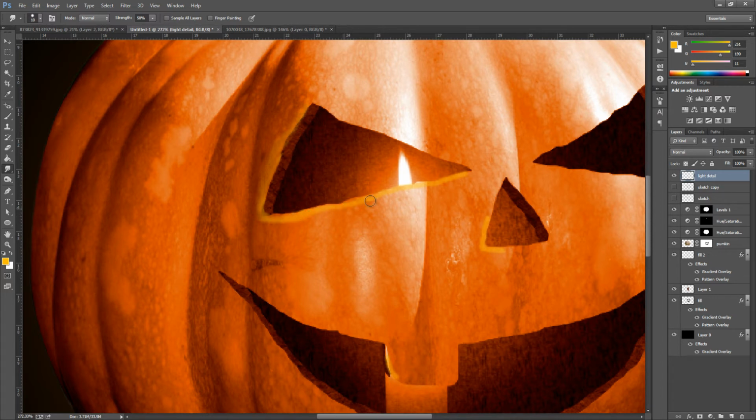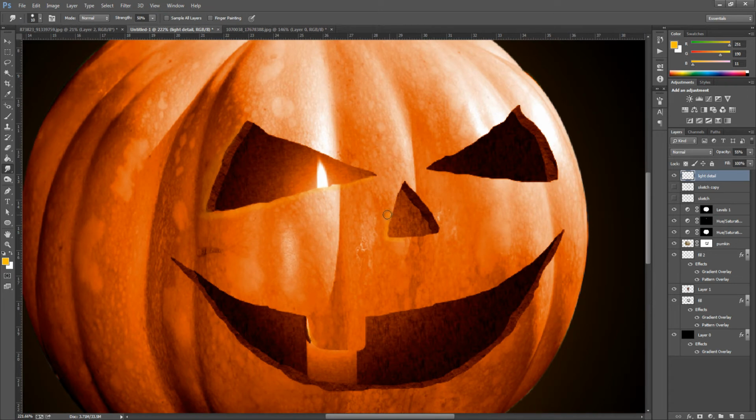So something like there. Now don't forget, if you do make a mistake, you can easily just go back and delete it. I'm going to say, just bring that down a little bit. So I'm going to bring the opacity of this layer down to around about 63%. That's my personal taste, so you can really play around.